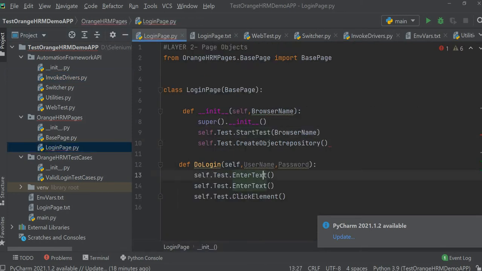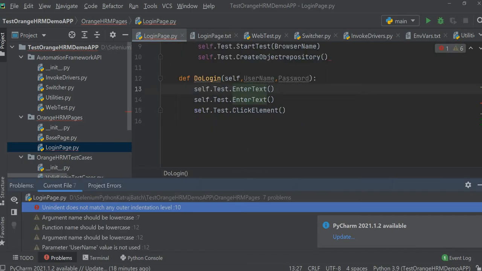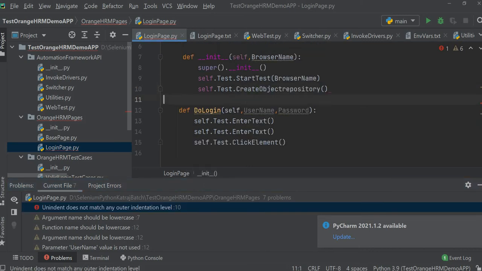Now let's run it. Let me see where the error actually is. Unindented label.